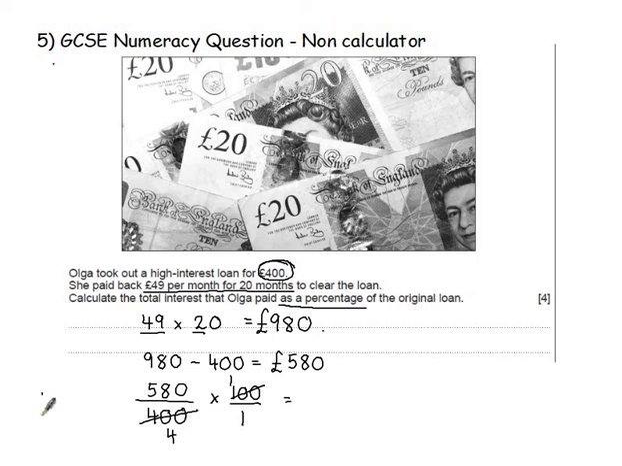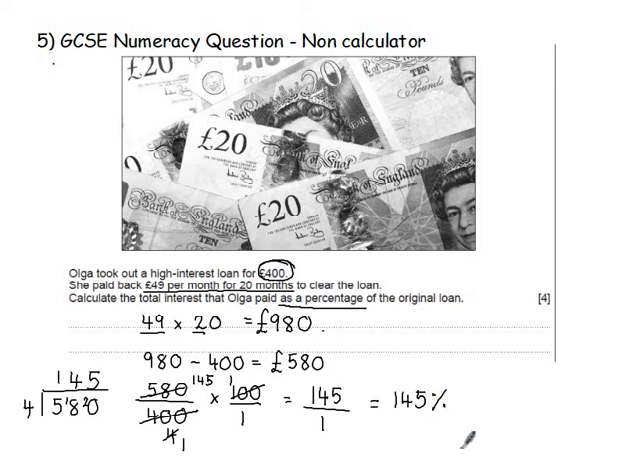So if I do my bus stop, 580 on the inside, 4 on the outside. So 4 goes into 5 once, carry 1. Into 18, 4 goes in 4 times, carry 2, and into 20 it goes 5 times. So if you wanted to carry on your simplifying, 4 goes into 4 once, and 4 goes into 580 145 times. If we times out then, 145 times 1 gives you 145. 1 times 1 gives you 1. So your final answer is